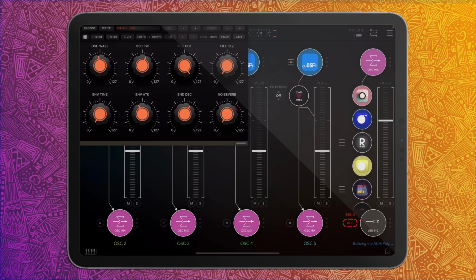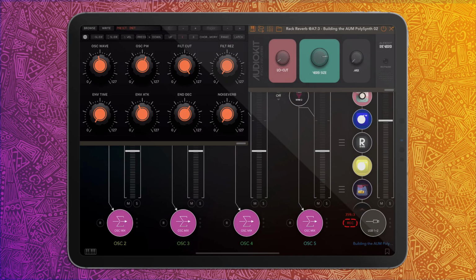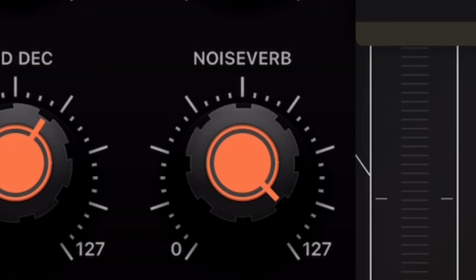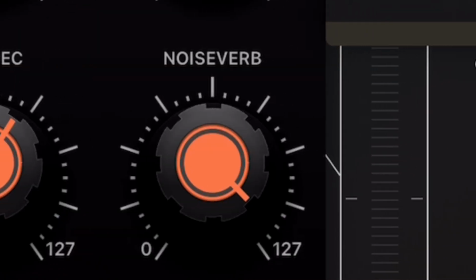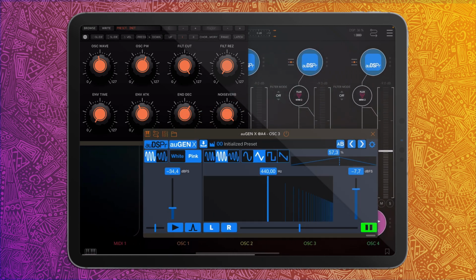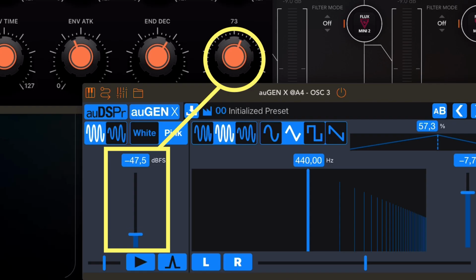For our reverb, we're actually using Rack Reverb, and when we pull up the noise verb here, we can see that we're not only controlling the mix of the reverb, we're also controlling low cut, so we're getting less bass when I turn this up. But there is another thing happening, because as you can see, it says noise verb, and the noise is actually pink noise. And if we open up an instance here of AUGEN-X and I turn this down, we can see that we're getting pink noise from AUGEN-X at the same time. And I did this just to add a little bit of texture to the synth